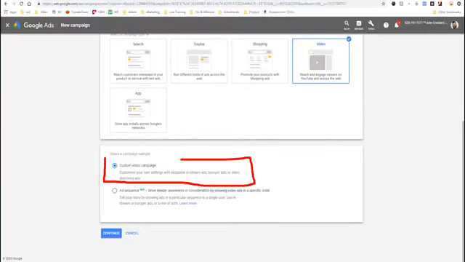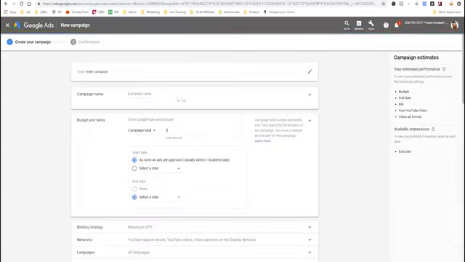Now, ad sequence, the second option, is something that's very new. You see this one. I haven't actually used ad sequence yet, but if anybody's used it, please let me know in the comments how it works, if it's cool, whatnot. This is literally a week old, kind of interesting. So we'll create a campaign, it'll be loading, and I'll just say